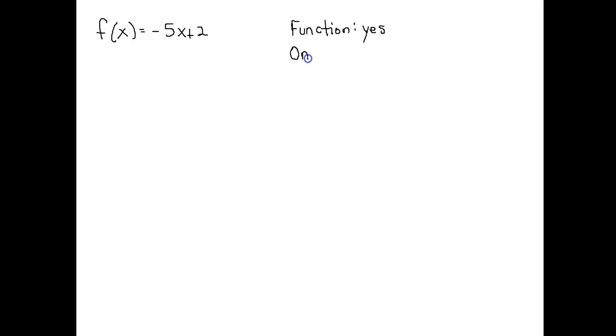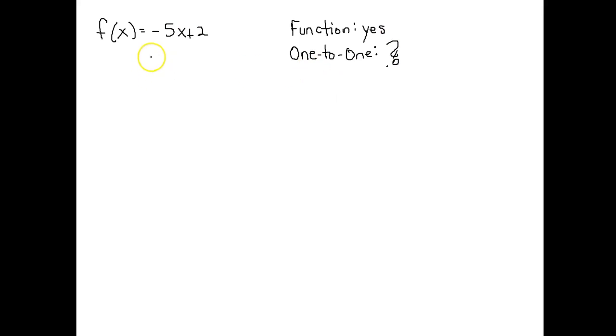For the function part, I mean, your x's won't repeat. You won't have the same x giving you two y's. Sorry, I said that wrong. I was already jumping to the one-to-one part of it. Yeah, so it is a function. You put in an x, each x will only give you one y back out. So at no time will an x value give you two or more y's. So it's definitely a function. And then to decide if it's one-to-one or not,